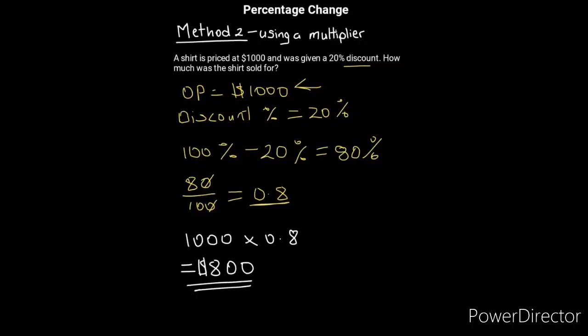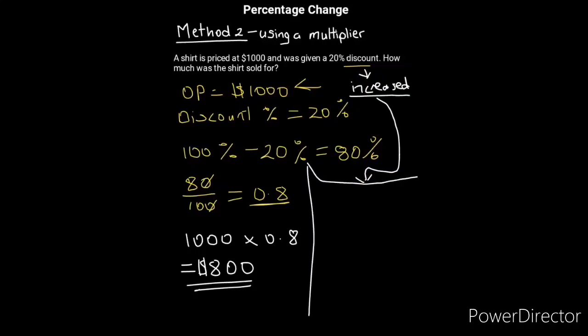Once again, if our shopkeeper decided to not give us a 20% discount, but instead to increase our price or tax us by an additional 20%, then our working would have been slightly different. Our percentage would remain as 20%, but now instead of us subtracting it as a discount, we'll now be adding it as a tax. So we have our 100% as a whole, and that will be added to our 20% tax. That would equal to